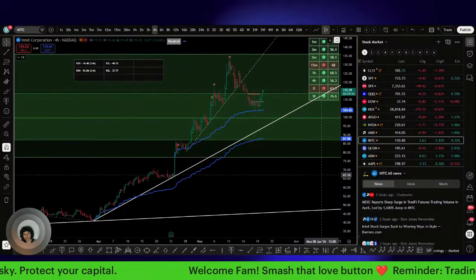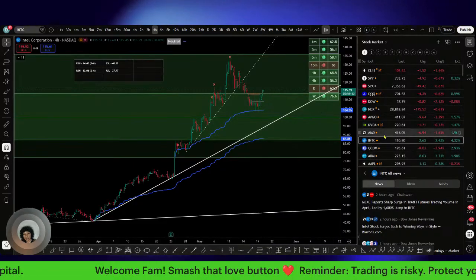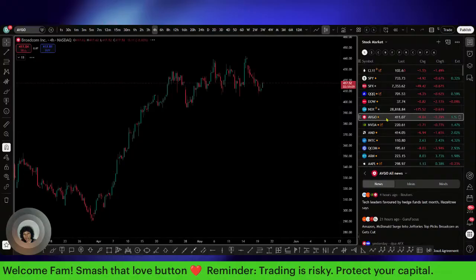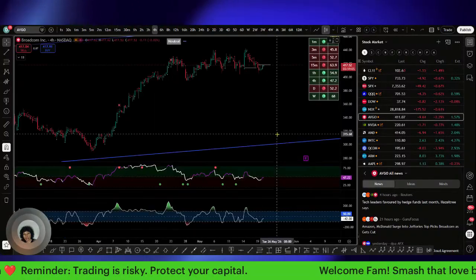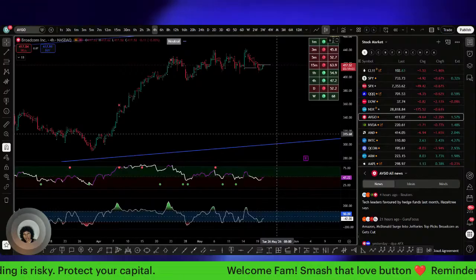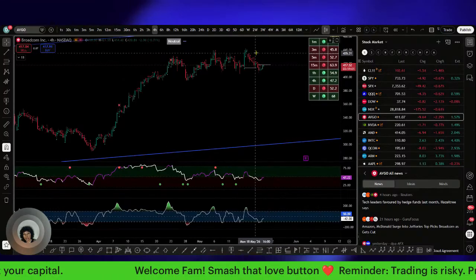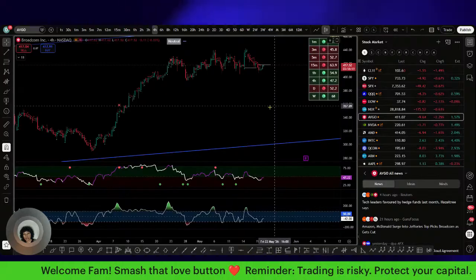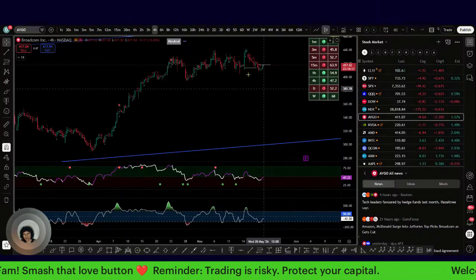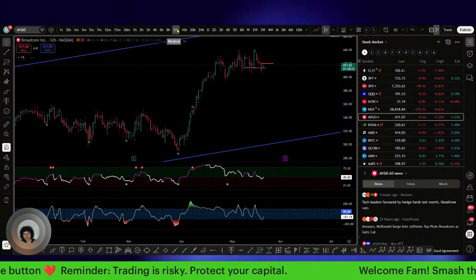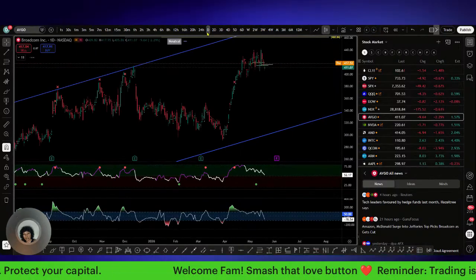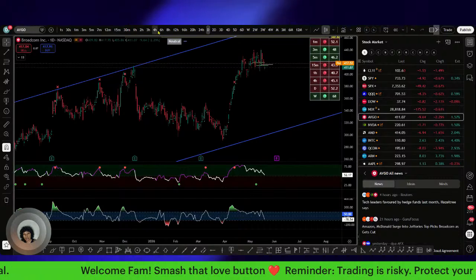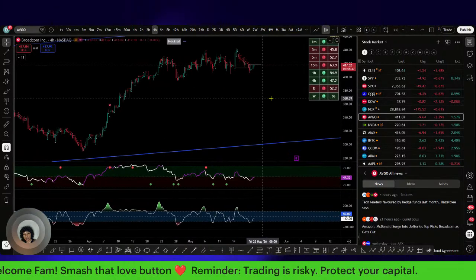No, the weekly still looks really nice. I'm only going to do those two right there. AVGO, was that given the same energy yesterday? Not necessarily. This is very choppy. It looks toppy and choppy, but I've seen that before and it just breaks out. So let's just move to another time frame. Let's go to the daily. It looks choppy and toppy. Broadcom looks choppy and toppy.